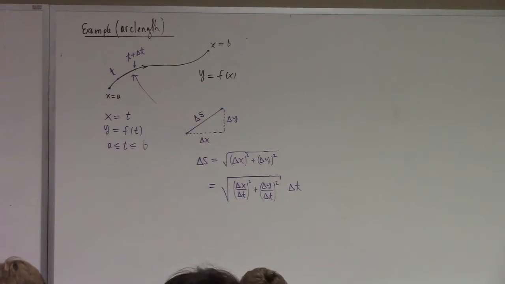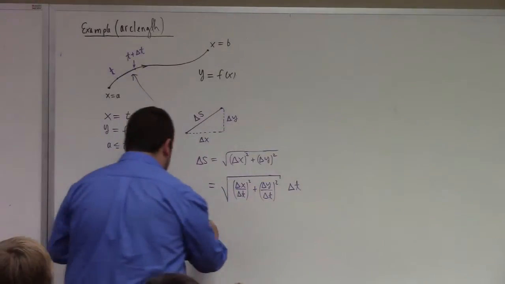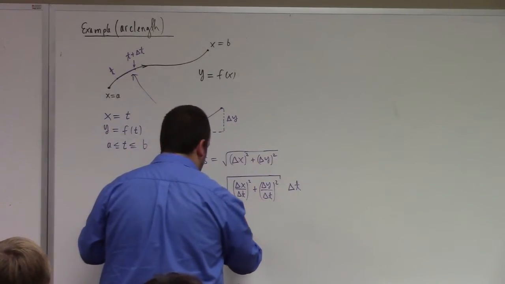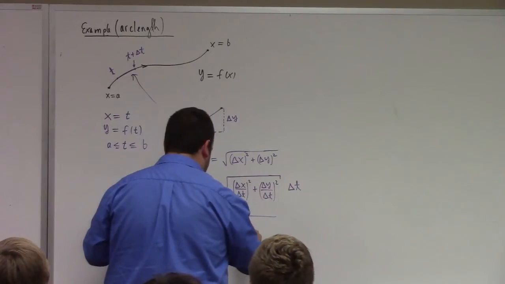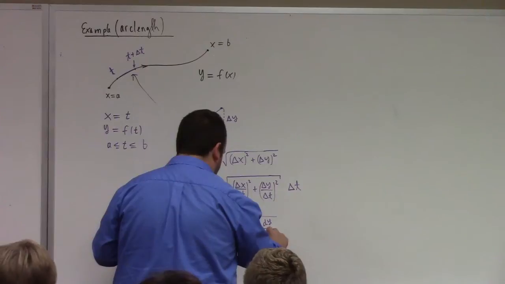Now, what would this be infinitesimally? I could have written it this way. ds is just equal to the square root of dx dt squared plus dy dt squared